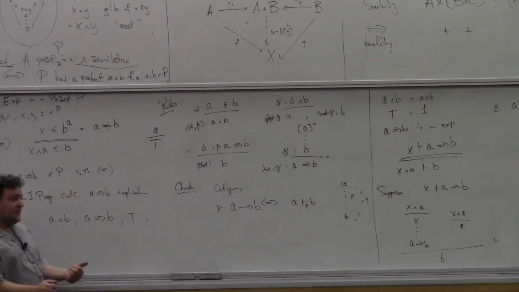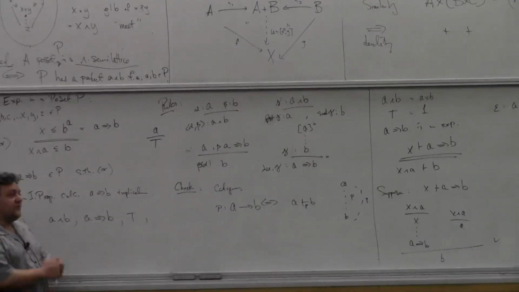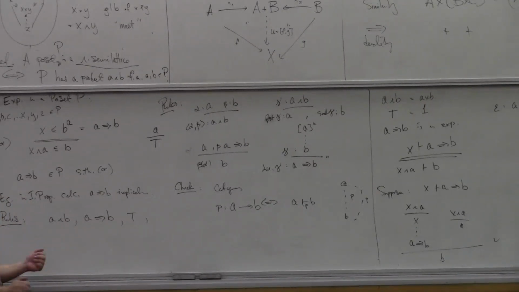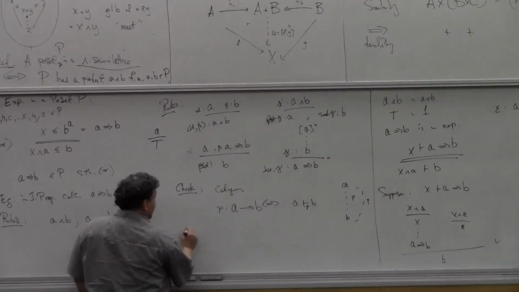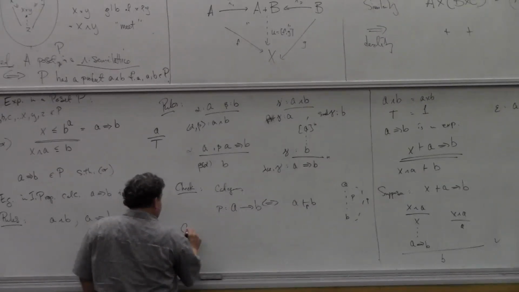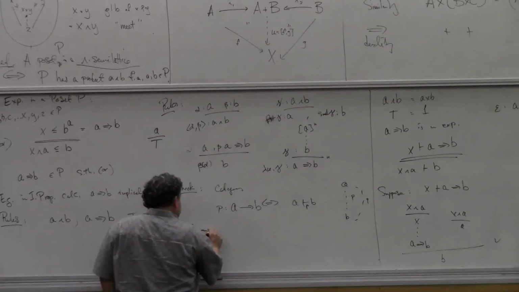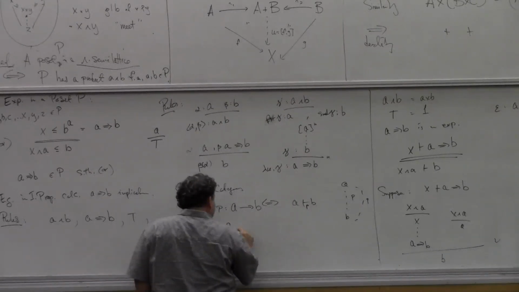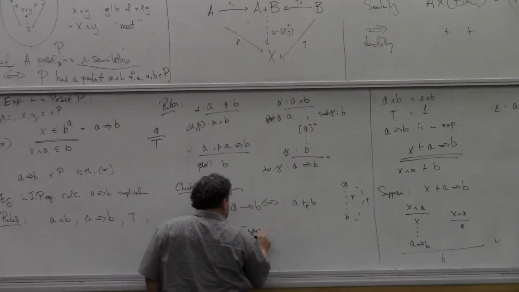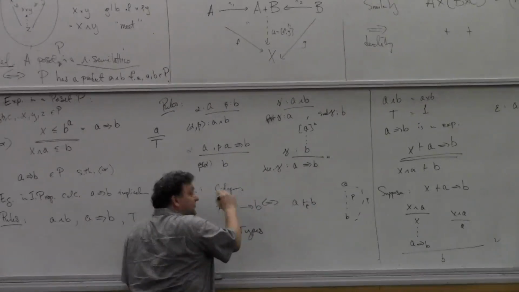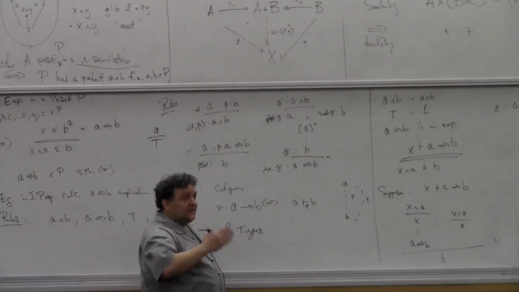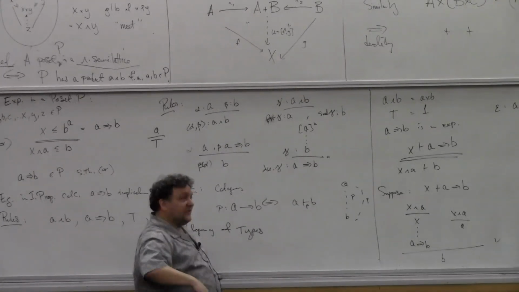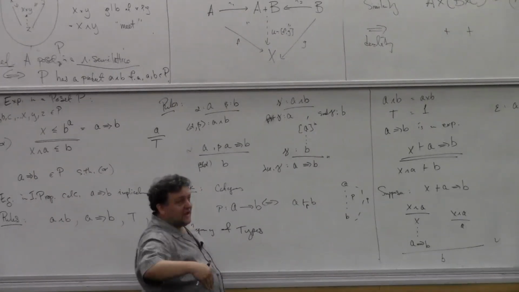But it still is a category. It has identity arrows. It has composition of arrows. And now I would like to check that this category of proofs, it's also called the category of types. Thinking of these things now as types in the lambda calculus rather than as proofs in the propositional calculus by the Curry-Howard isomorphism, right? Doesn't matter whether I regard them as proofs in the propositional calculus